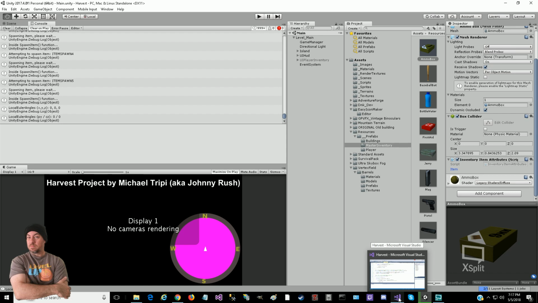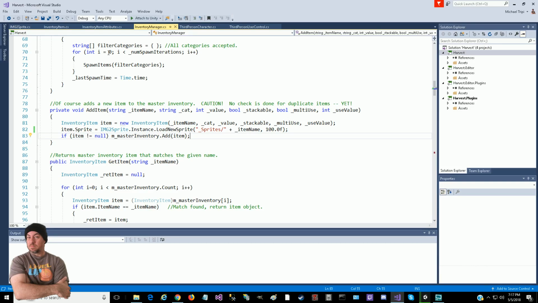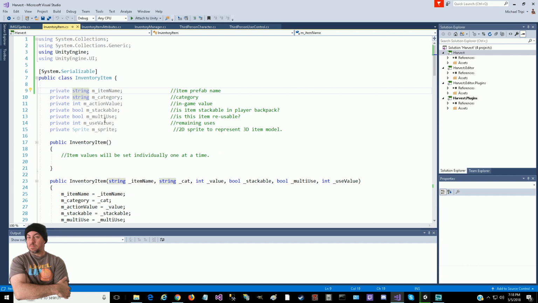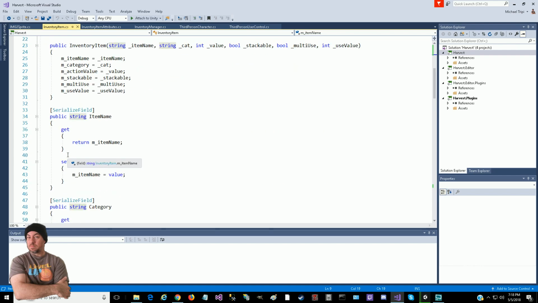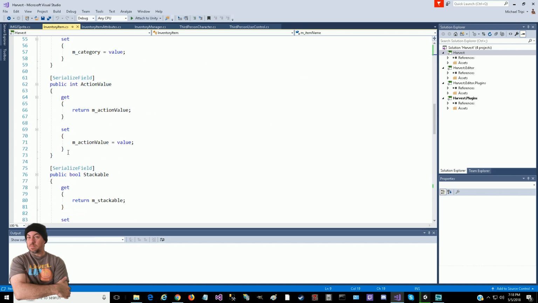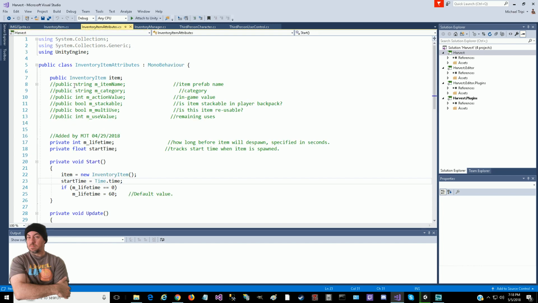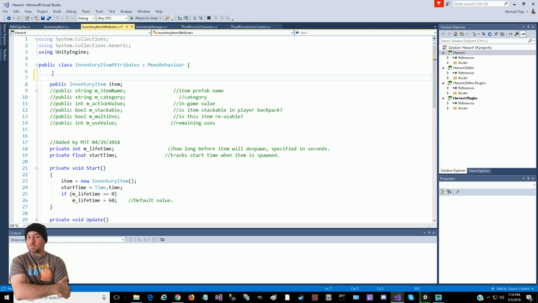So let's jump back to our script. These are all serialized fields. Then we go to inventory item. The item showed up, and then we did that. And we might have to serialize this because it's